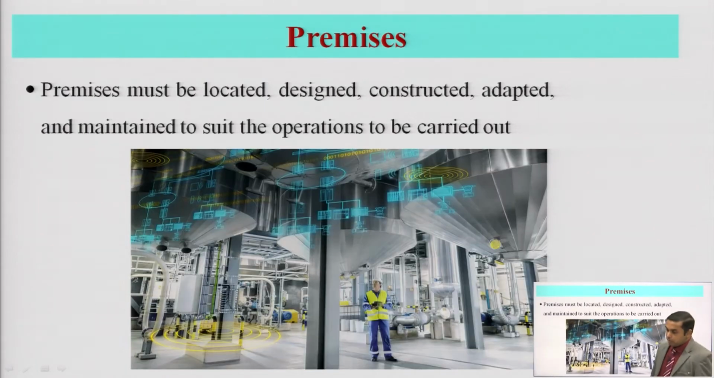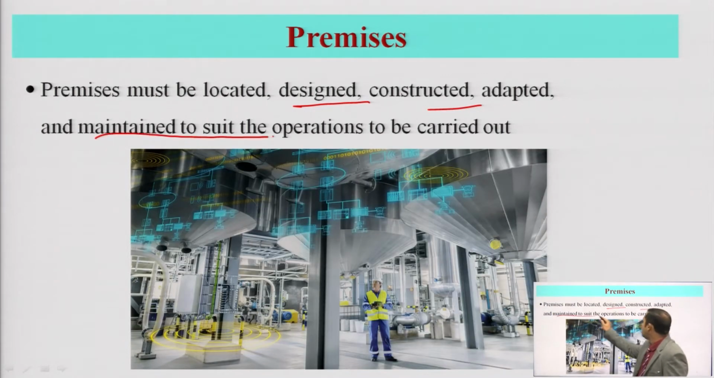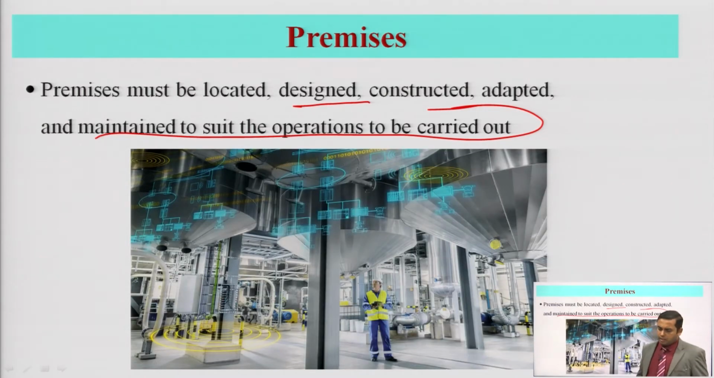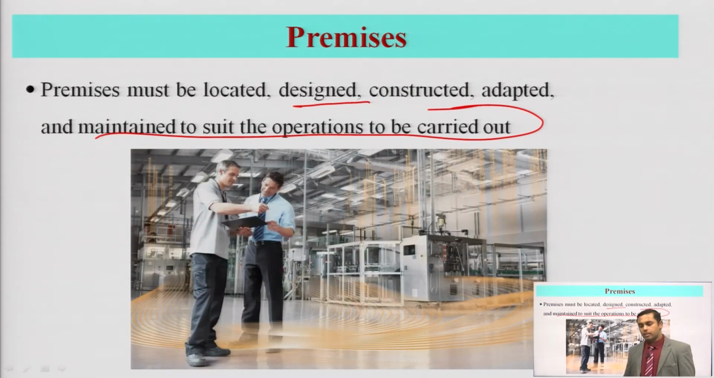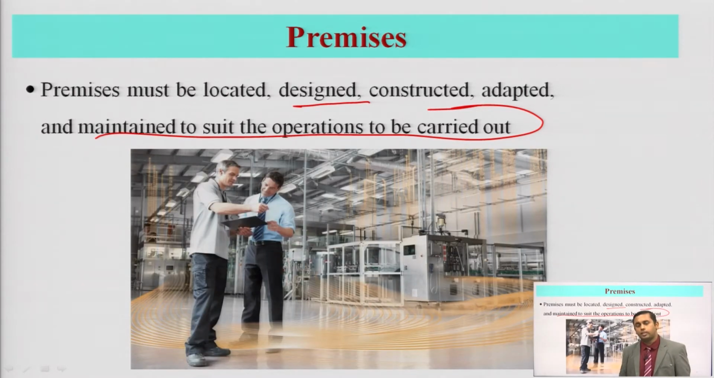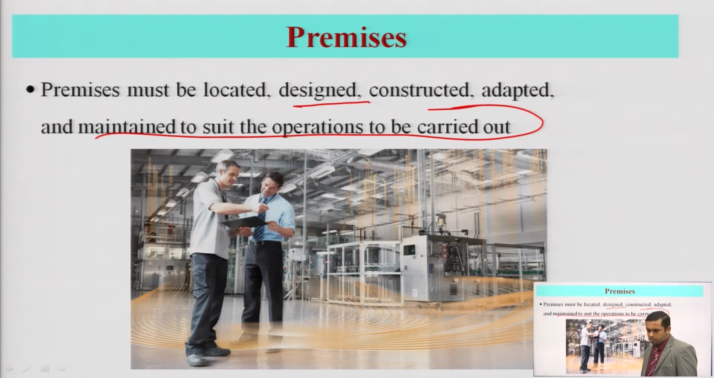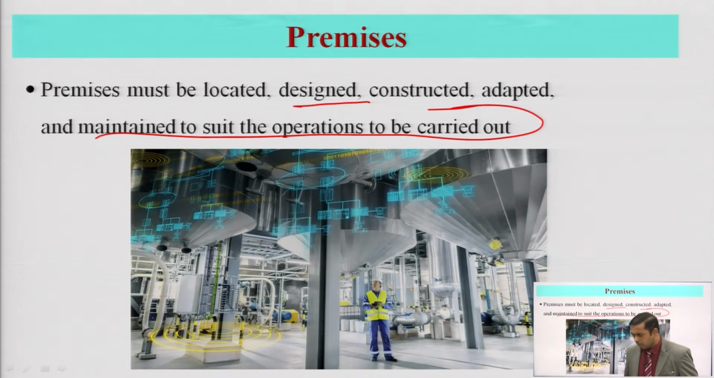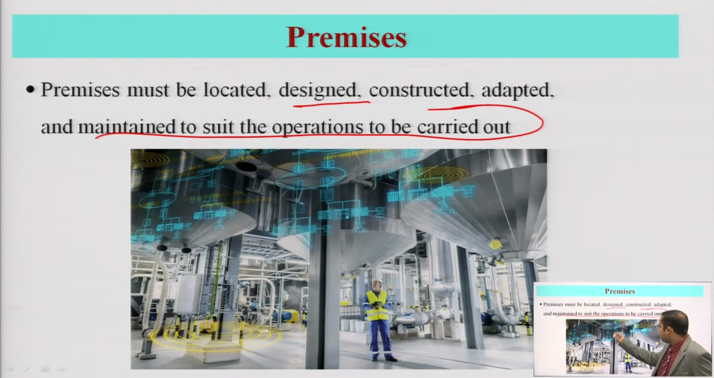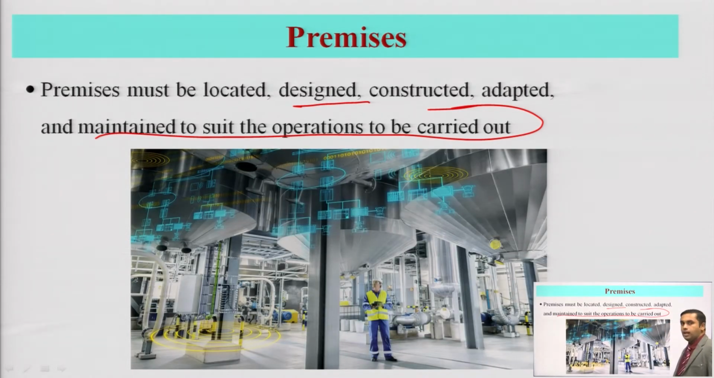So, the premises must be located, designed, constructed and maintained to suit the operations to be carried out. You should not start your activity in an area where it is not suitable for your activities, especially production activities. It should be located, designed, constructed, adapted and maintained to suit all the operations. For example, you can see in this picture, they are discussing and trying to see all the industrial areas. So, you need a very large area,